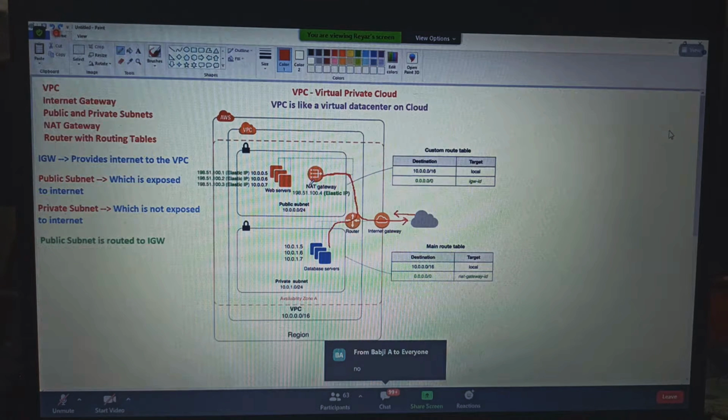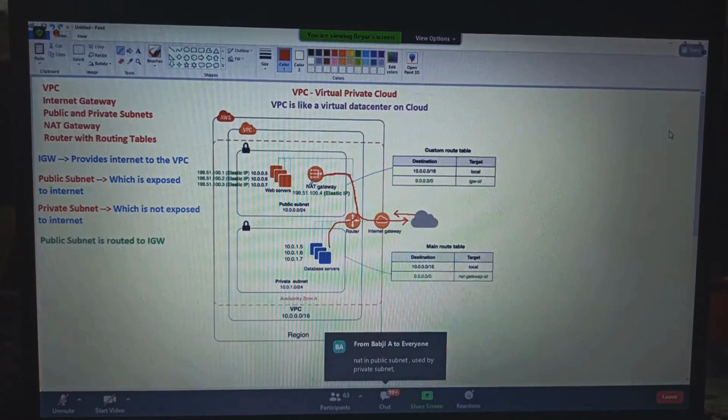So the NAT gateway should be in which subnet? The public subnet. And the NAT gateway should be used by which subnet? It will be used by the private subnet. So the private subnet is routed to the NAT gateway, and the public subnet is routed to the internet gateway.